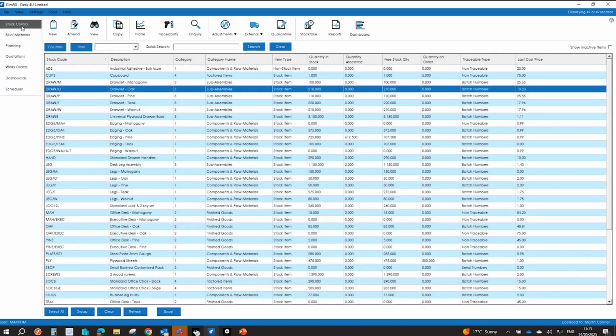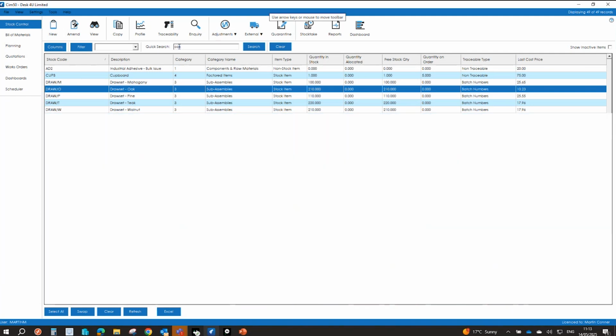If I move to stock control, we can see that we've got the features running across the top, a bit of a Sage 50 look and feel. Okay, we've got our list of items. As you can see, we've got a mixture of Sage fields and Cim50 fields here. So Cim50 has traceability, so is the item traceable or not? Okay, costings, that's coming from Sage. So we've got a mixture of fields there. I can build my workspace, I can filter, I can quick filter if I want to, and this goes right